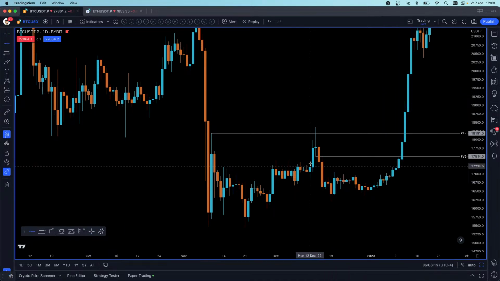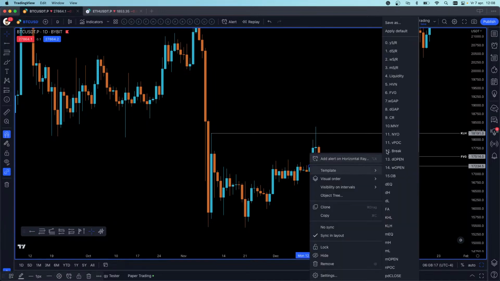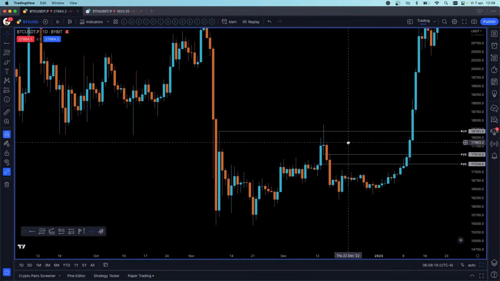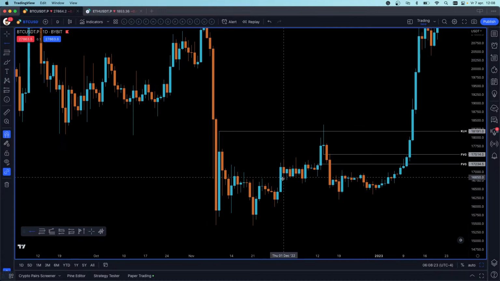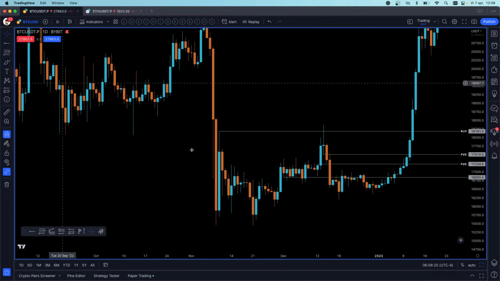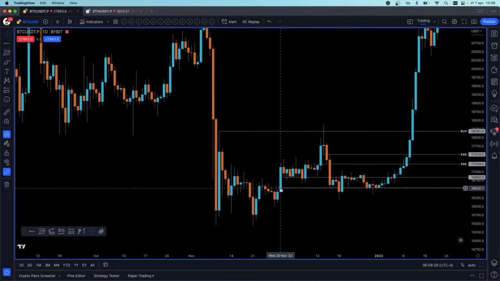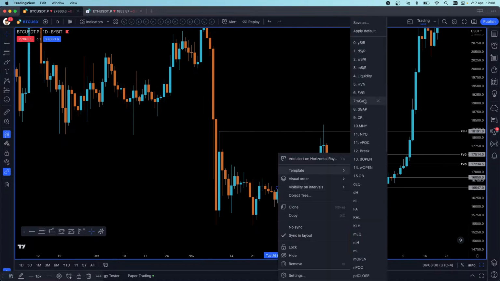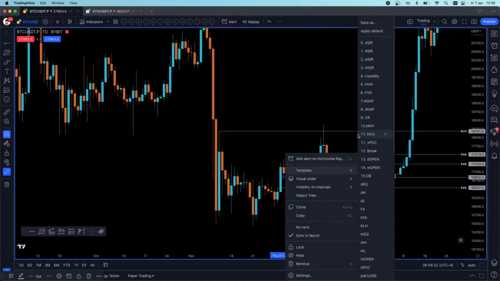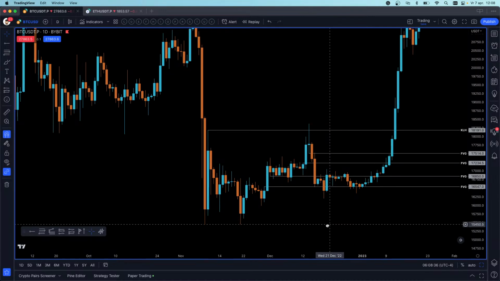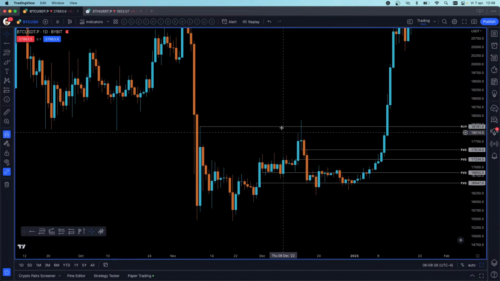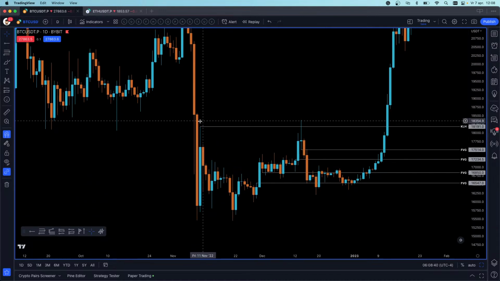The wick to the left you call the FVG. This is the first gap. Are there any more gaps on the daily chart? Yes, this one and this one. So here, fair value gap. So now you have 2 potential longs after we break this key lower high, which is basically